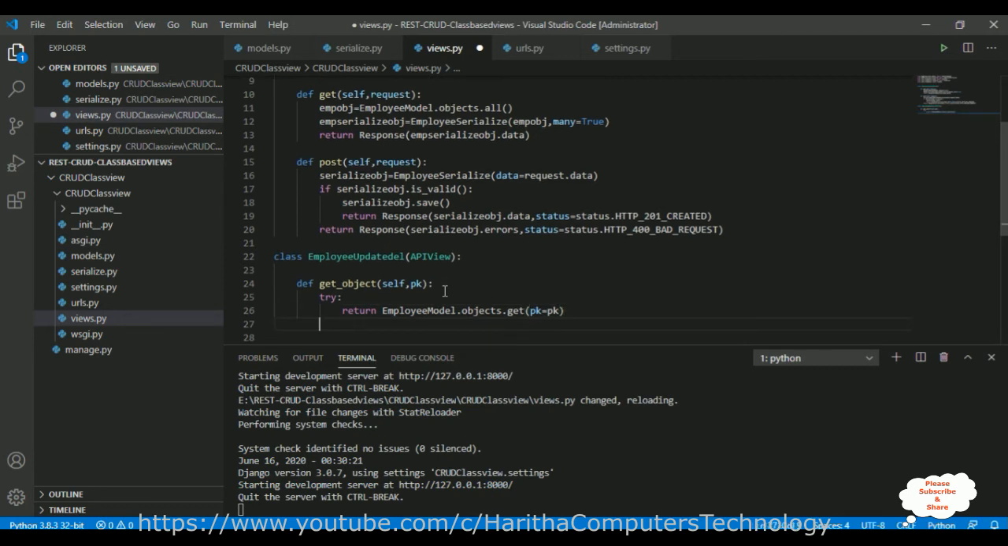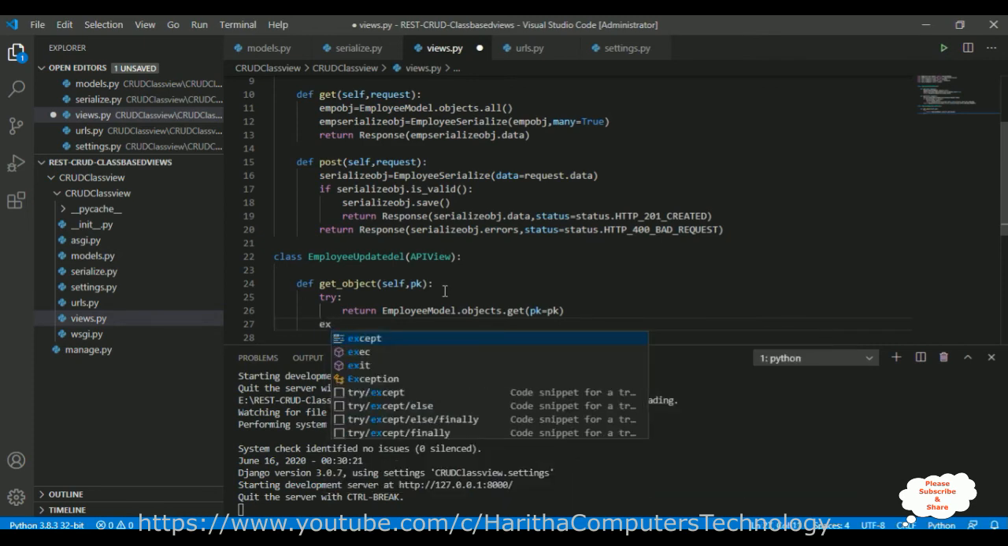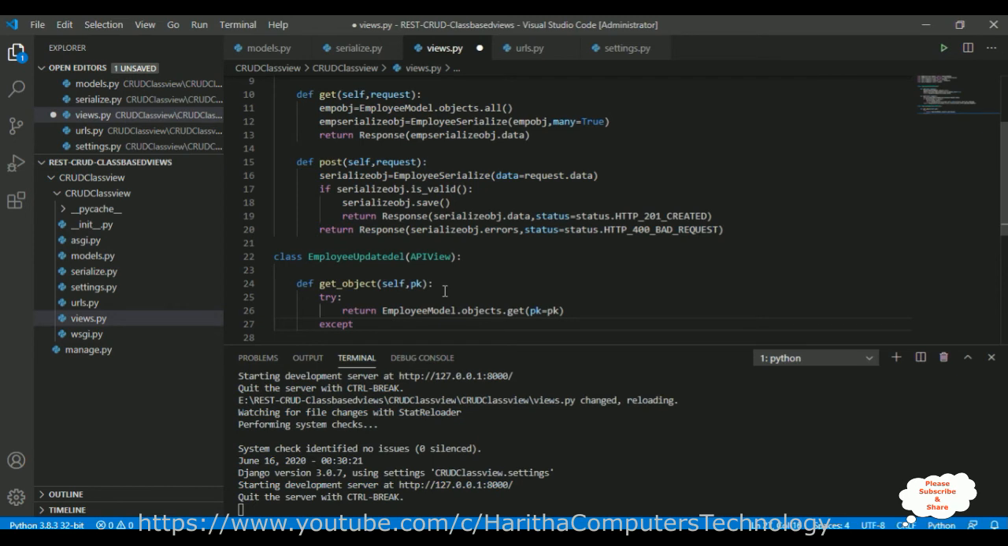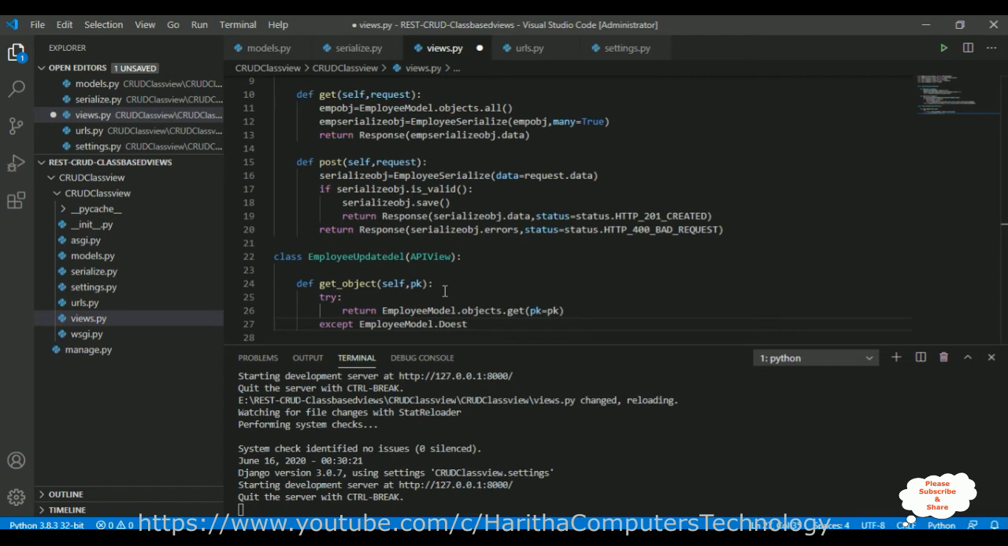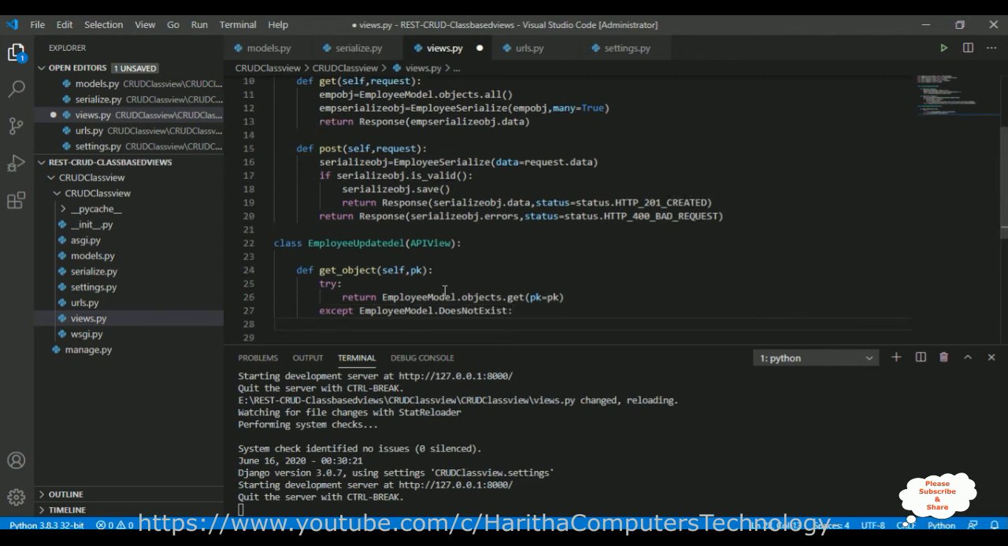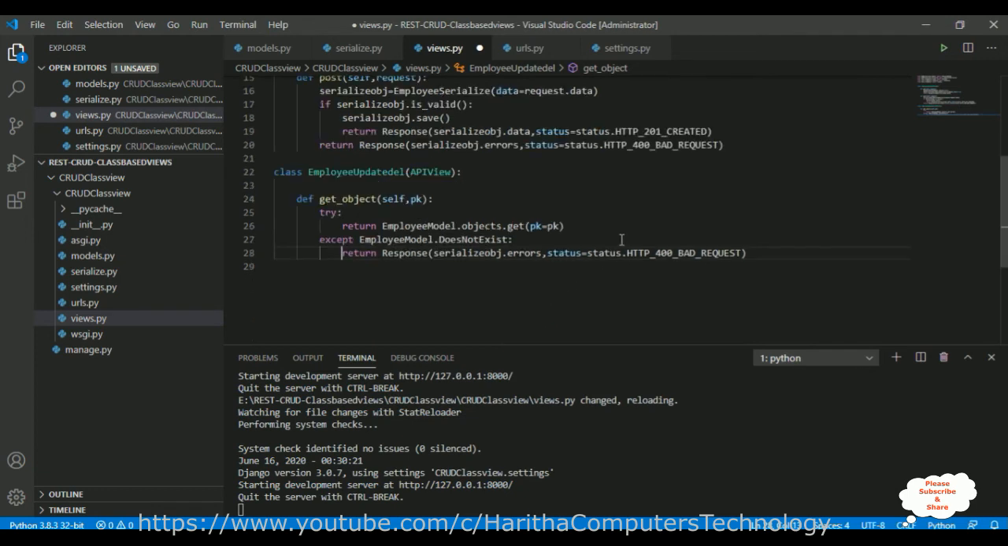Then that's a catch exception, except Employee model dot DoesNotExist, if the record does not exist, colon. I want to display the bad request, so I'm just copying this part and pasting it here, colon here. Make sure the indents are right. Now after that,